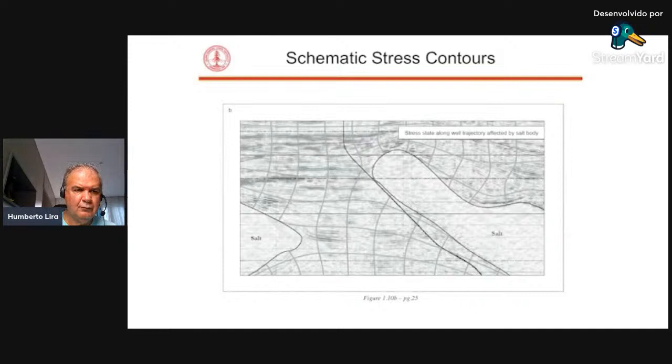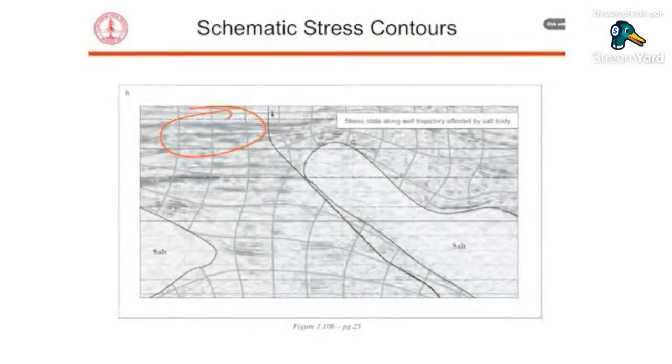And this is an example from the book in which we're just sort of intuitively thinking about how the stress trajectories, which over here are vertical and horizontal, but the well path here is not through the salt, but very, very close to the salt to reach some target down here, that well path is going to go through areas where the stress field is affected by the salt body. Okay? So in general, the stresses are horizontal and vertical. In special cases, in cases which are quite